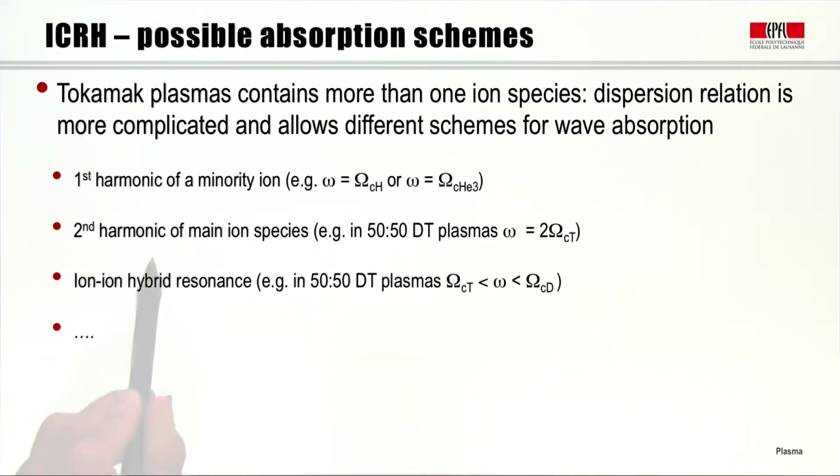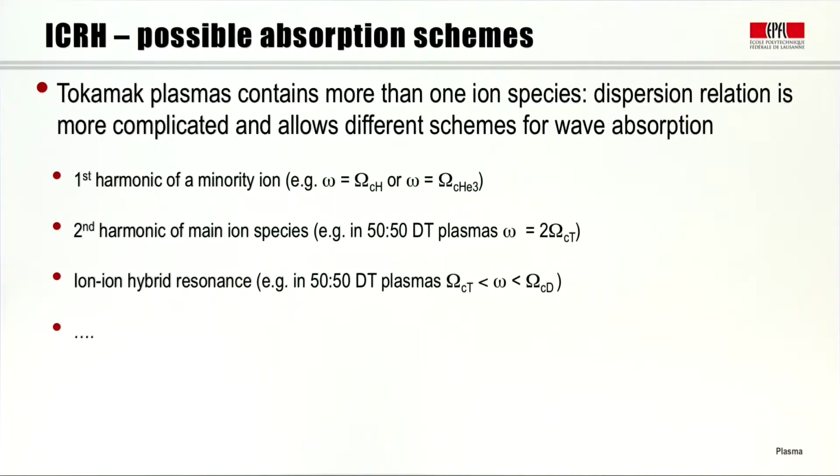Or we can use the second harmonic of one of the main ion species. For example, in a DT plasma, we can launch a wave at 2 times the cyclotron frequency for the tritons. That's indeed one of the schemes foreseen for ITER. Or we can use the so-called ion-ion hybrid resonance, which we have not calculated in the models, but which essentially is the resonant frequency given by the fact that you have 2 different ion species, and the value of this resonant frequency is between the cyclotron frequency of the heavier species and the cyclotron frequency of the lighter ones,